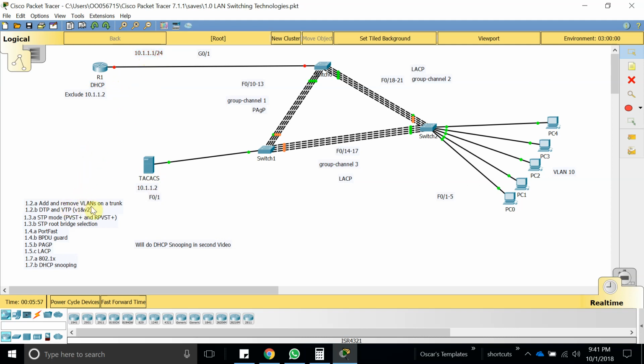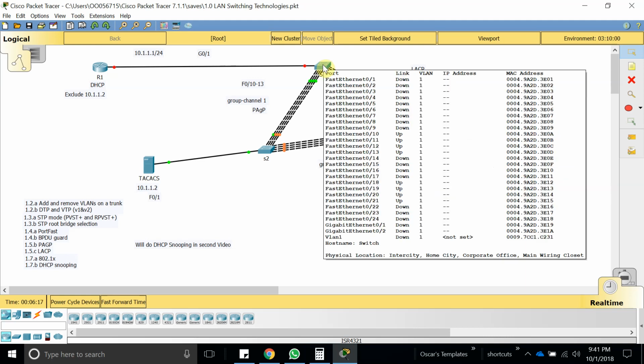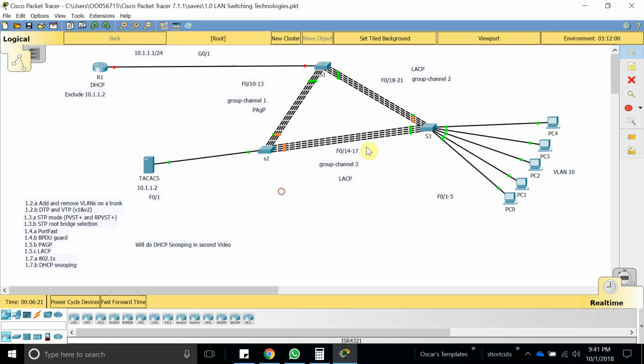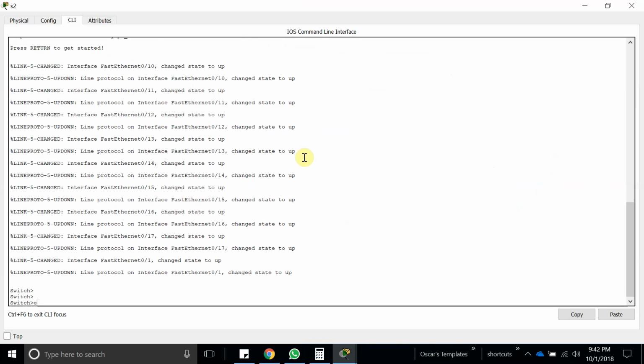So let's start by configuring VLANs and VTP. This is going to be switch 1, switch 2, and switch 3. This one's going to be the VTP server. So we're also going to configure VTP. First of all, let's configure switch 2 and switch 3 as clients. Let's make those clients. Enable,